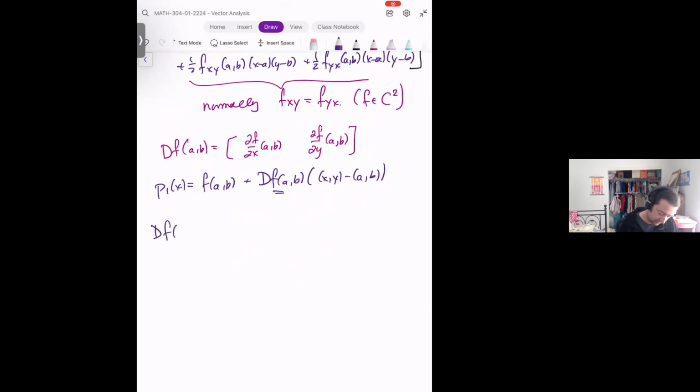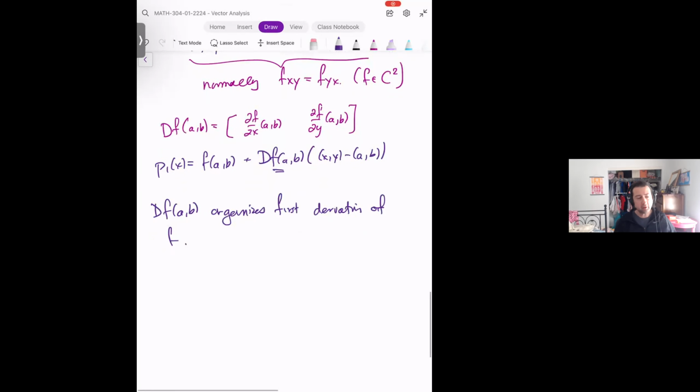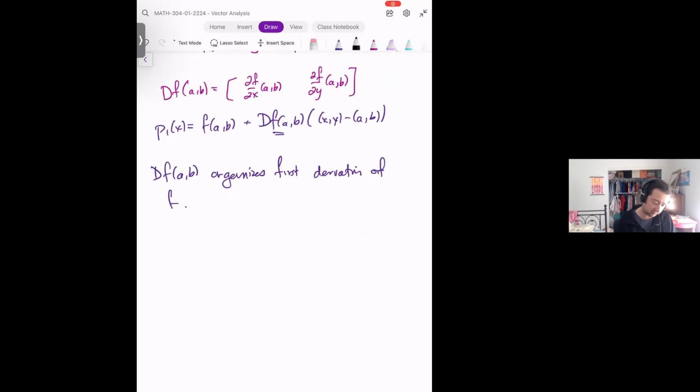So Df at (a,b) organizes the first derivatives of f. So we're going to introduce a new object that's going to organize the second derivatives. And this object is one of the central objects of optimization, of working with functions in more than one variable, in any sort of approximation theory, and it is called the Hessian matrix. So the Hessian, or Hessian matrix,